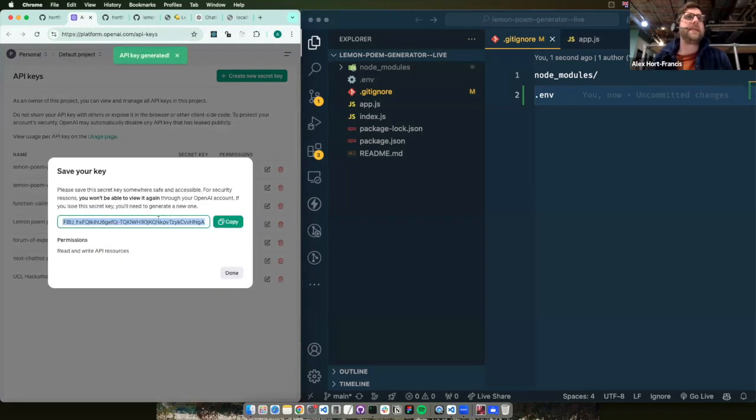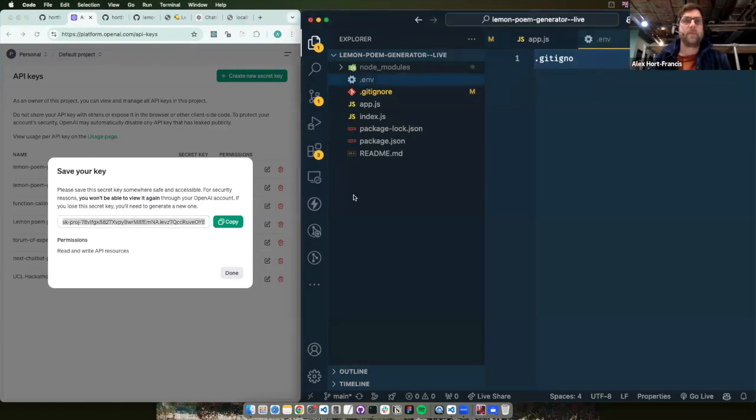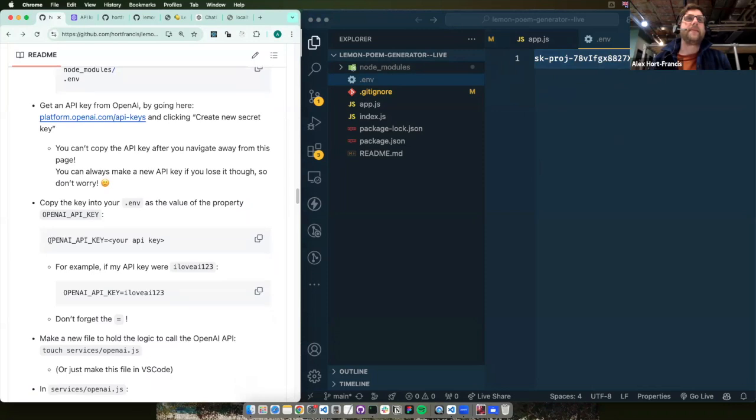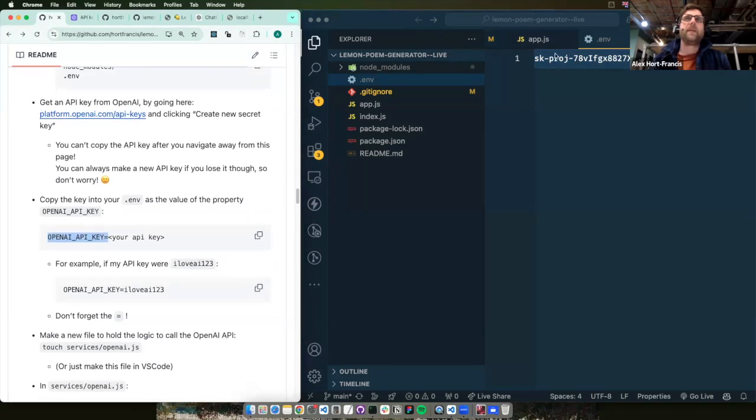Now you won't be able to see this API key once you've closed this, but that's fine. You can always delete it and generate it again. Copy that, and that's going to go into here, into .env. Fantastic, right? And I know I nicked my API key. Thought the end was an A, wasn't it? Yeah. So what we want to do